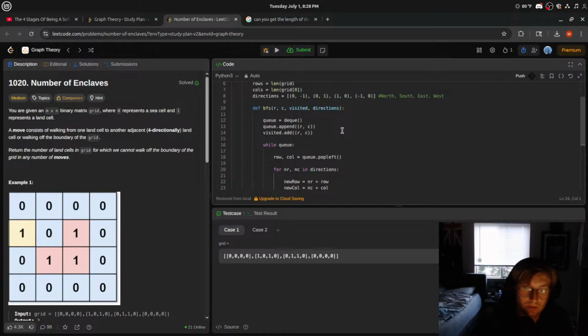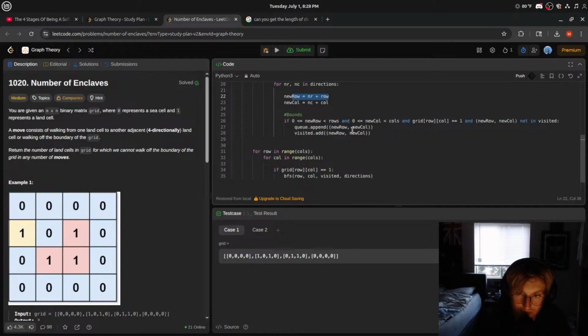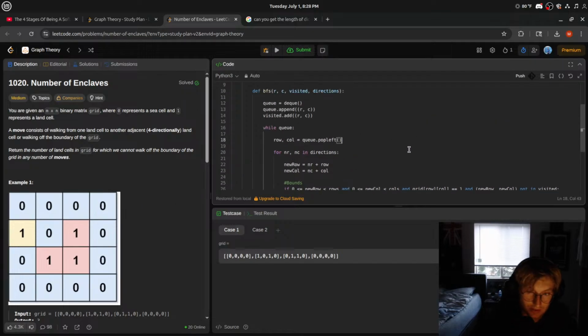Recall, q.popleft, new row, new col. We got our bounds here. We add, right? Now what we need to check is, well, if we get to a, what do we call this, like a boundary cell, right? If we get to a boundary cell, we want to check that, right? So I guess if we pop here, check for boundary cell,